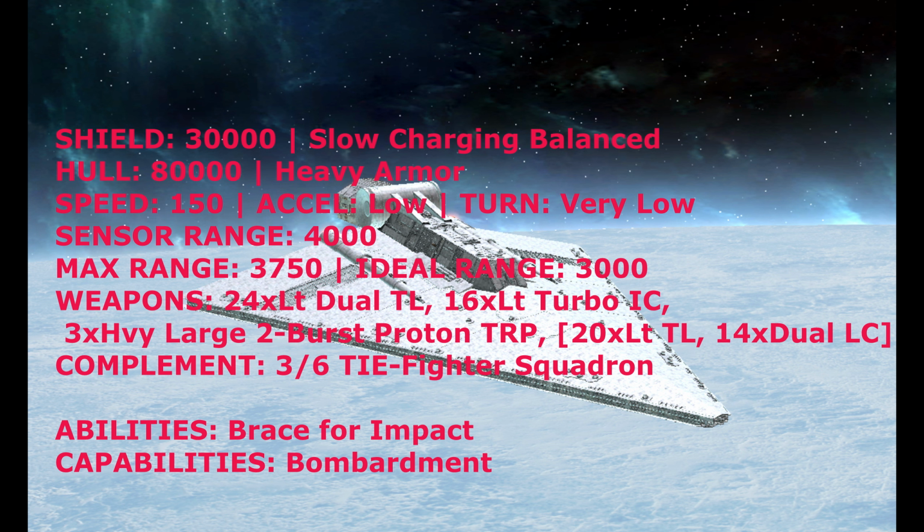Yeah, so we're looking here, right? Look at the weapons it's got over here. 24 light dual turbo lasers, 16 light turbo ion cannons. So, the Rebels are all about shielding, everyone. Remember that. So this thing has 16 light turbo ion cannons. The Nebula B, all of the corvettes, and all of the medium frigates and assault frigate type ships, everything in those classes, this thing is going to crush them, and it is going to crush them really, really badly,